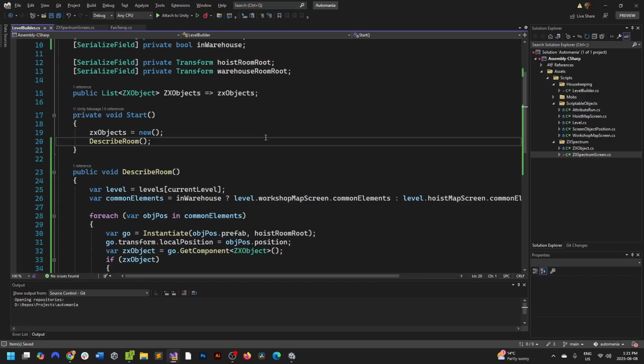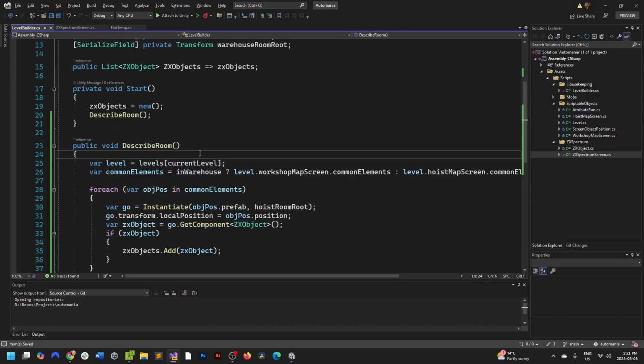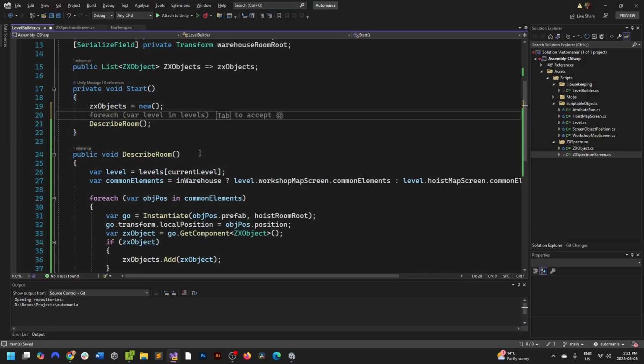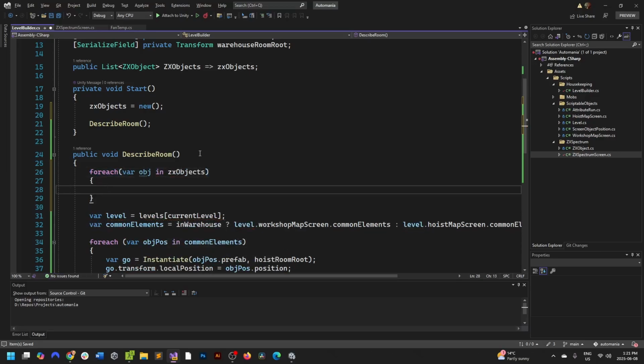Because one of the things I want to do in this video is I want to flick between the workshop room and the hoist room. So in order to do that, I need to be able to describe the room. And when we change the room, what I want to do is I want to destroy everything inside that room there. So describe room, let's do for each var object in ZX objects, destroy